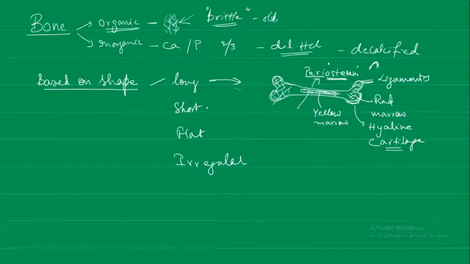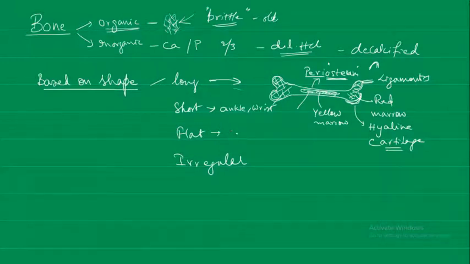Now the short bones have this box-like spongy bone, and they show very little movement, just like in the ankle and the wrist. In the ankle and wrist the bones are much smaller and have limited movement, but they are extremely important to give that particular shape and support to the hand.